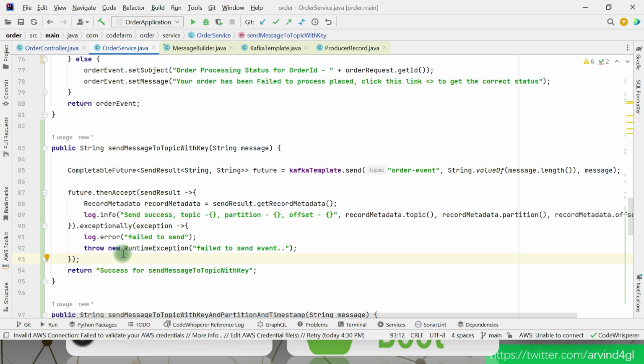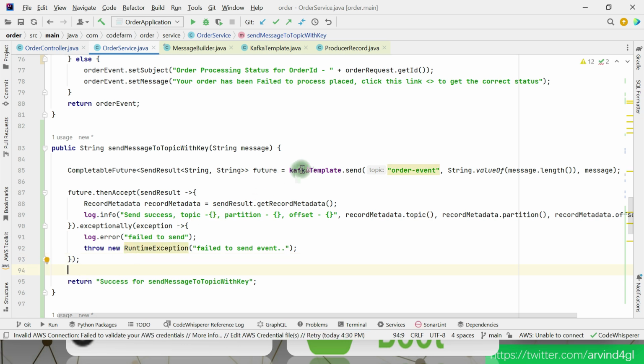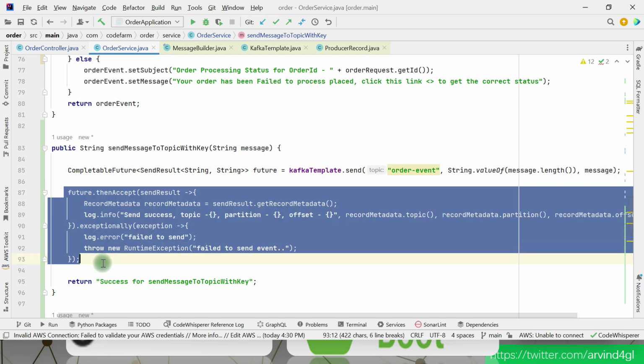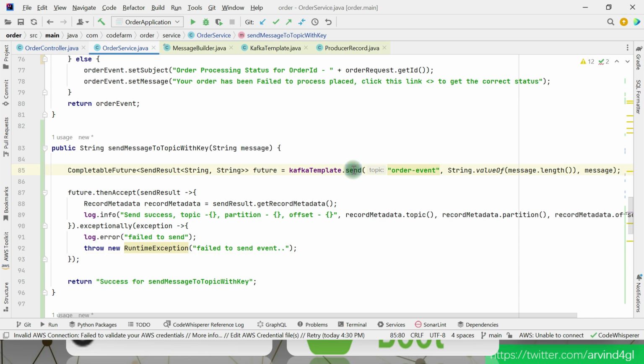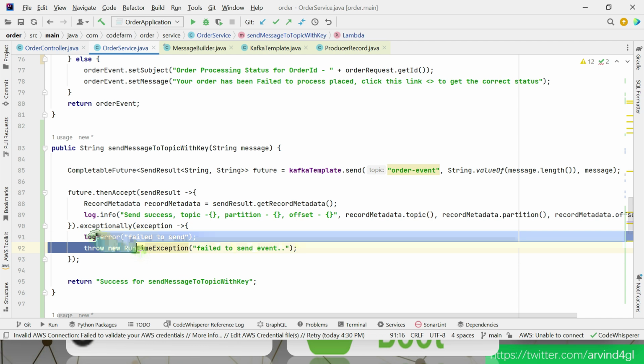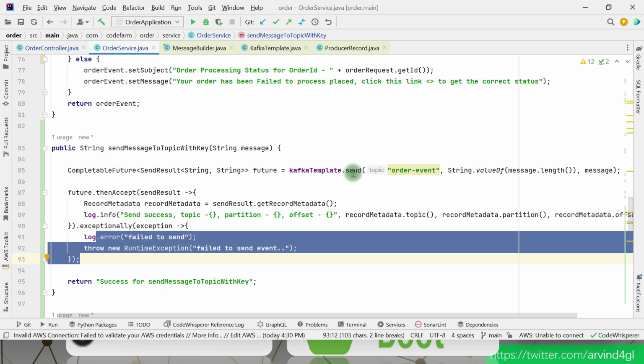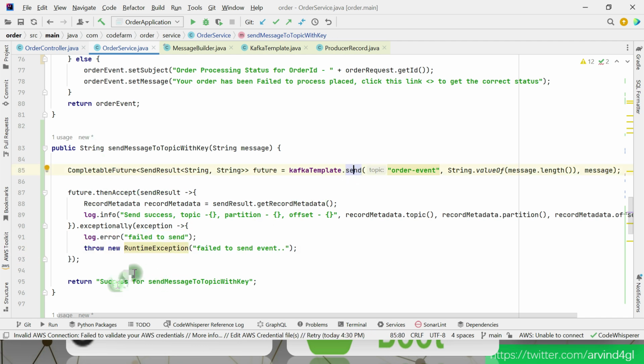That is how I can put proper logging here. And another way is, because when KafkaTemplate.send is called, it starts its work in a different thread altogether. So all of this will be executed, and when this message is actually sent, based on that result, this will be executed. So our main thread won't be blocked, but when it is executed, I get this message. It is not guaranteed that I will immediately see that message in our Kafka topic, but eventually I will be able to see it,